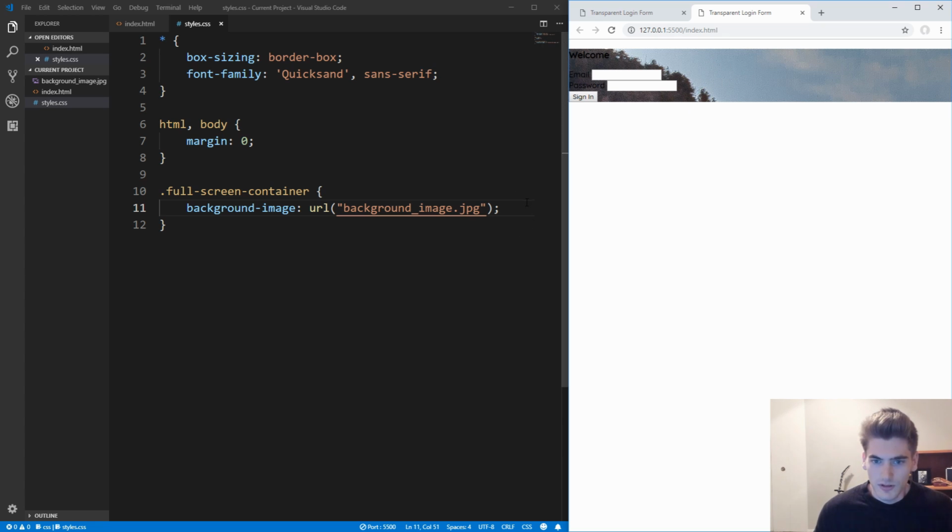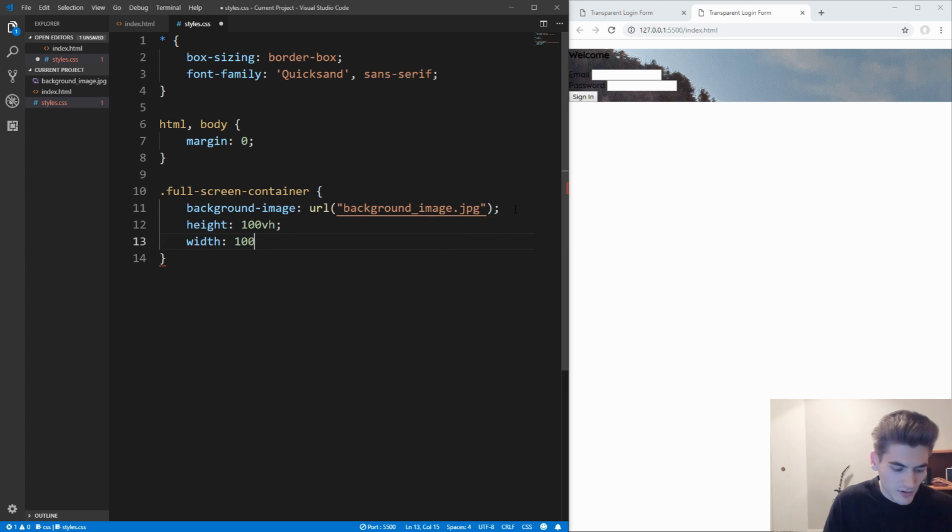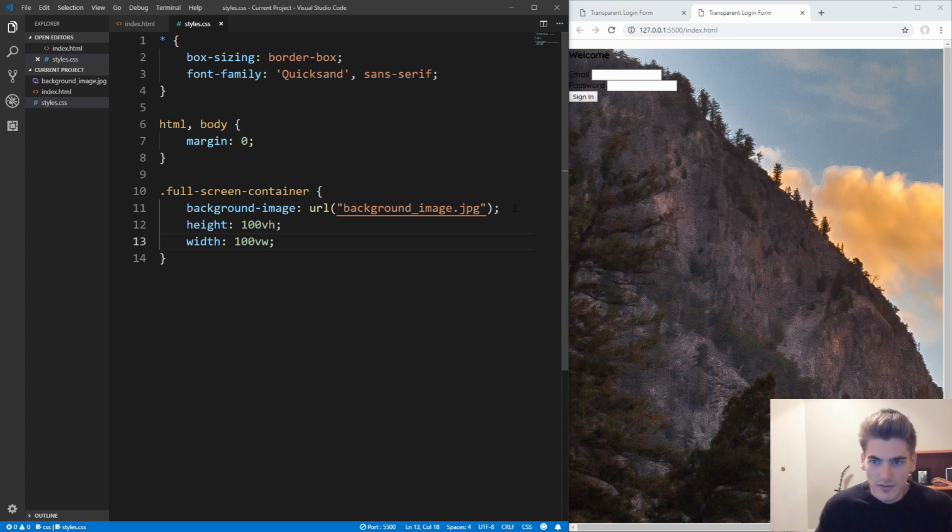The next thing we want to do is make it so that our image will take up the full height and width of the screen. In order to do that, we can set the height to be 100 view height, which is 100% of the screen size. And we can do the same thing with the width, 100 view widths. And now if we save that, you'll see our image takes up the full size of our screen,